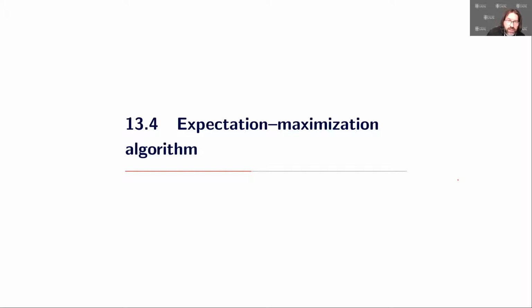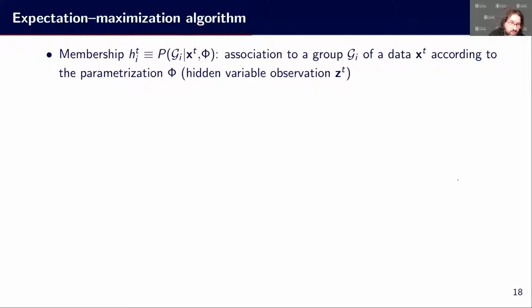Now we will look at the expectation maximization algorithm. The EM algorithm assumes that we have some kind of membership, which is called h_it, which is defined as the posterior, so the probability of coming from group G_i according to x_t and the parameterization. So this is whether we associate a given data x_t to a group G_i according to its parameterization, and